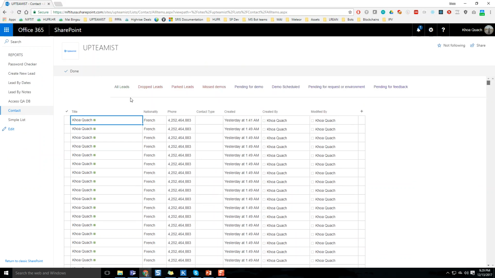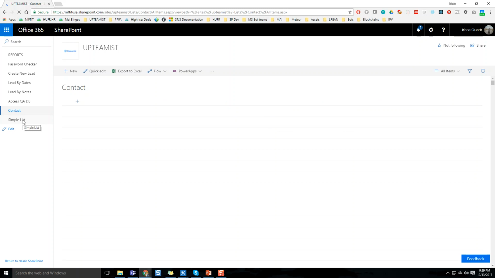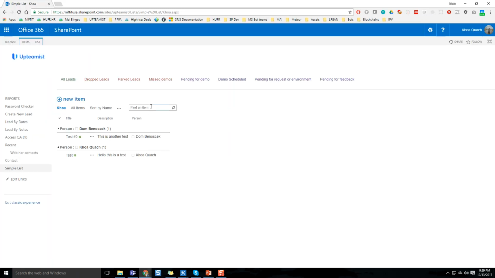And yeah, it's a little bit slow. Let's go back to our simple list, I guess. In those lists, you have access to a search box right here. And so if you limit your view to 4,999 in a batch, basically when people are going to search, they're going to think they're only searching within those 4,999